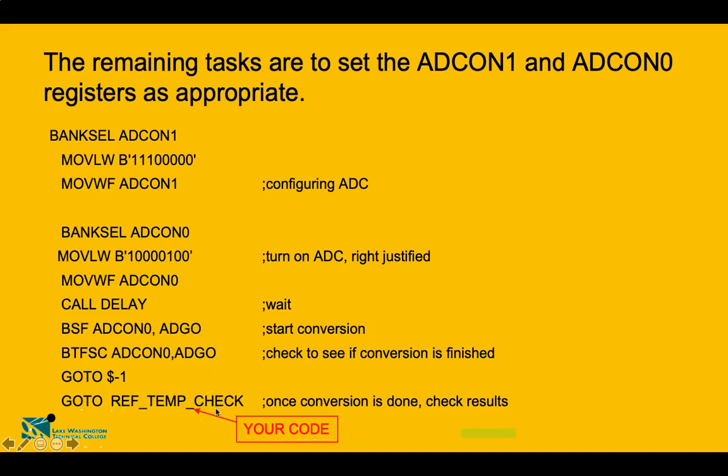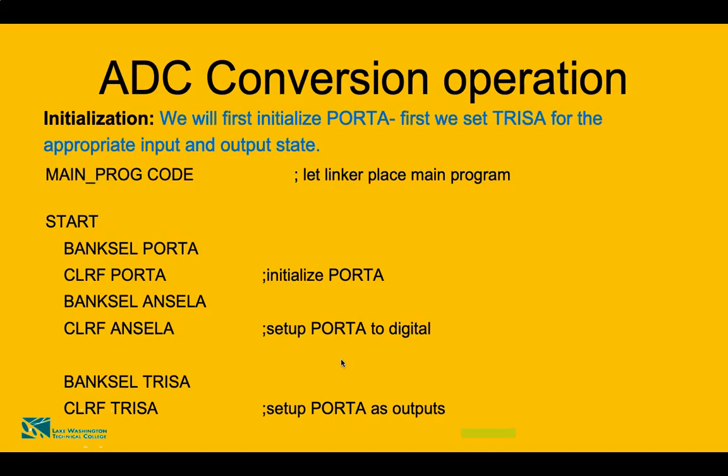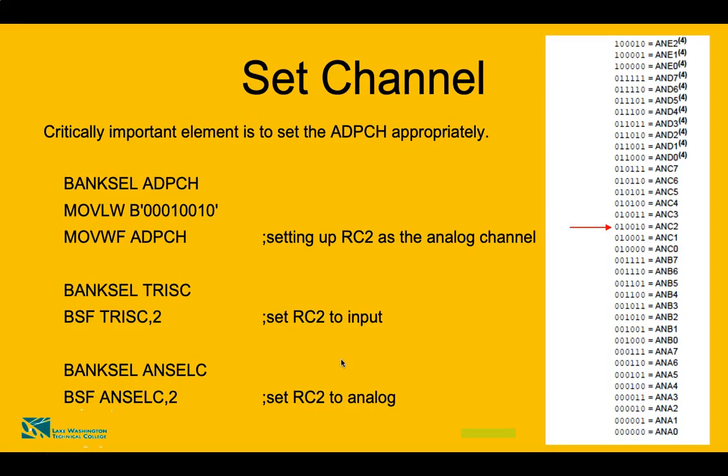You'll have to write the code for when the temperature is above the reference temperature and when the temperature is lower than the reference temperature. So for that, you have to write the main code, and most of the code is already here. How to initialize the analog to digital conversion is here, so you can use this code starting from here. You can use all of these